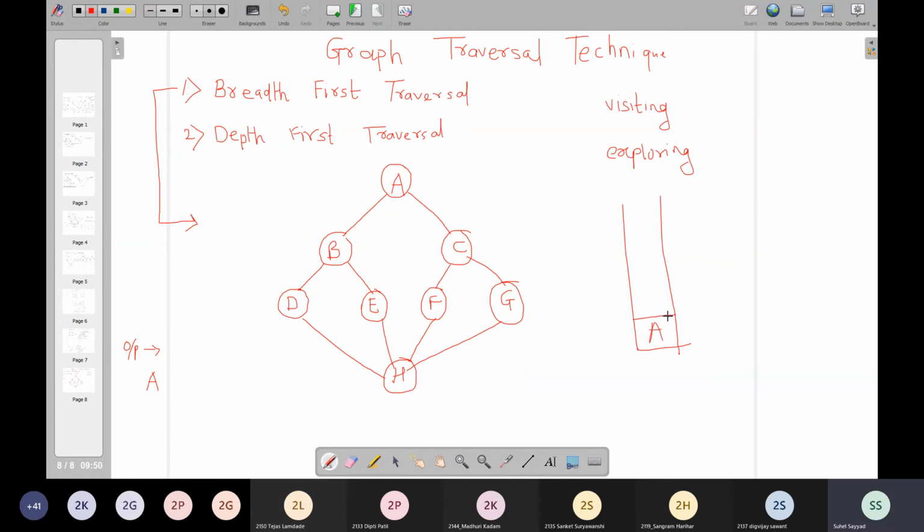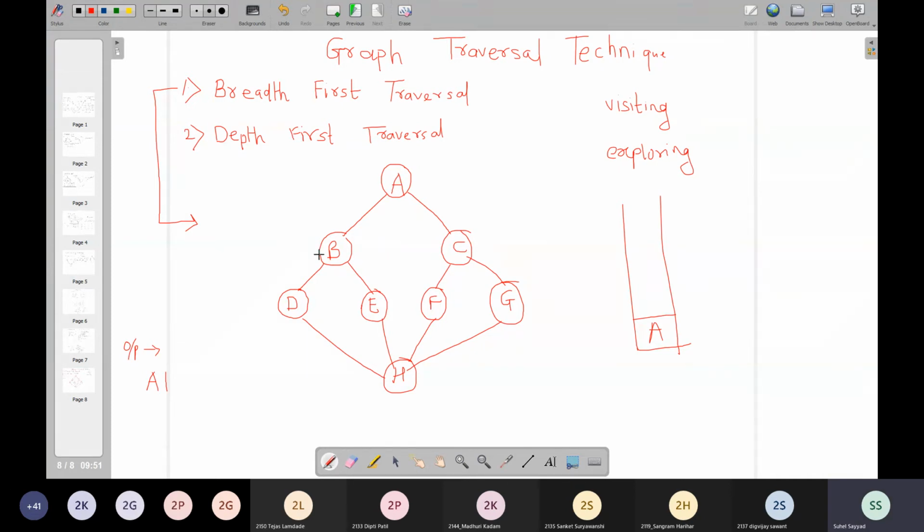So for exploring this A, I visited B and C. How did I visit B and C? By looking at the adjacency list of A. We have that adjacency list stored in our graph.